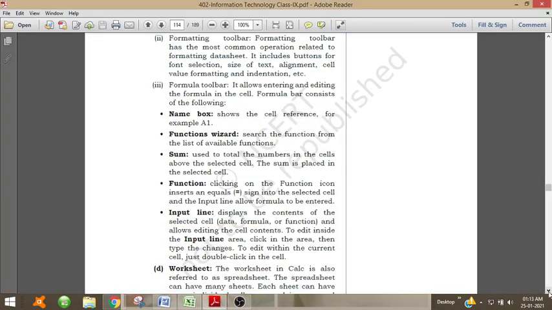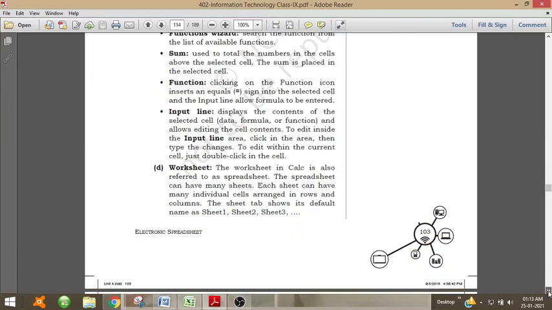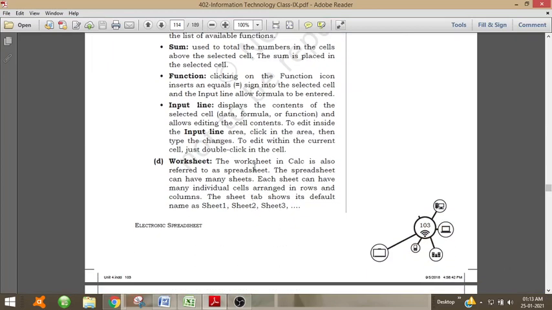Then the worksheet. The worksheet in Calc is also referred to as spreadsheet. The spreadsheet can have many sheets. Each sheet can have many individual cells, arranged in rows and columns.